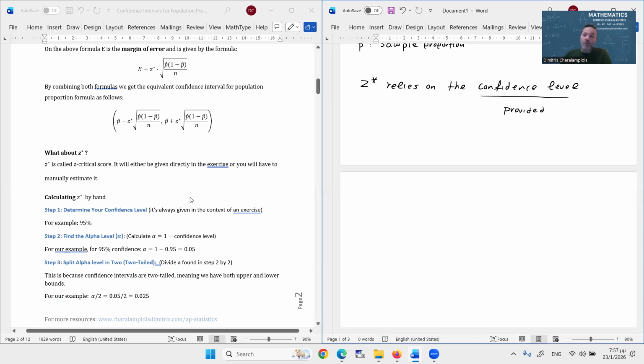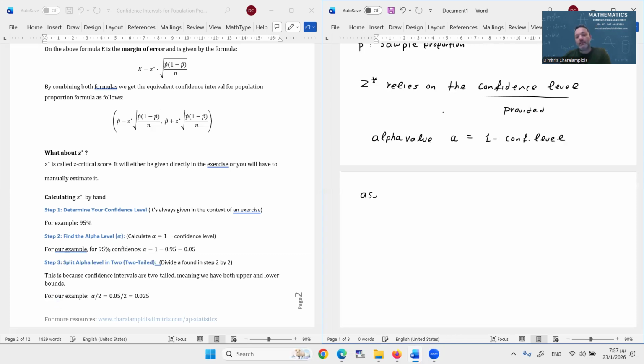Then, in our next step, we should find the corresponding alpha value. Alpha, which is just a Greek letter, would be equal to 1 minus that confidence level. So, assuming the confidence level is 95%, which means 0.95, the alpha level is 1 minus 0.95, which is